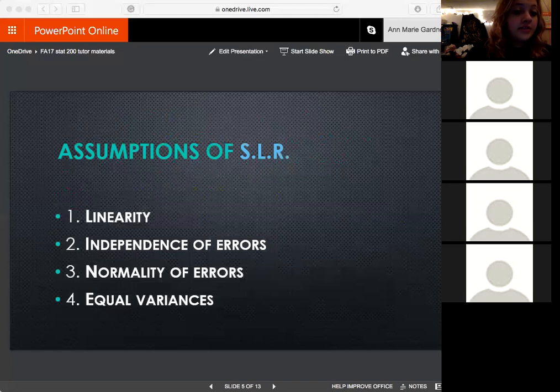So yeah, variance of residuals should be the same across all values of the x-axis. And you want to make sure, also for equal variances, you don't want it to show a pattern, because if it shows a pattern, then that's going to show you that there's some sort of relationship going on in terms of